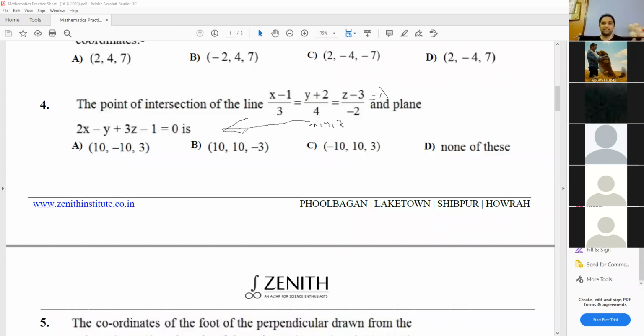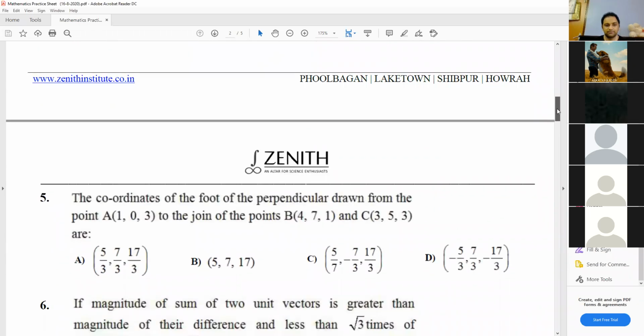Okay. As I mentioned in the class, there are so many lambdas. You must not get confused between the various lambdas. If you can remember the values of the lambda, that is for the best. That will save a lot of time in the exam. So lambda का सीधा value डाल के you can find out the points directly. But in case you're getting confused in the various lambdas, then you can always follow the basic method. Take this equal to lambda, find x, y, z, make it satisfy the equation of the plane. If you can remember the values of lambda, nothing like that. So I hope everyone is clear on this question.